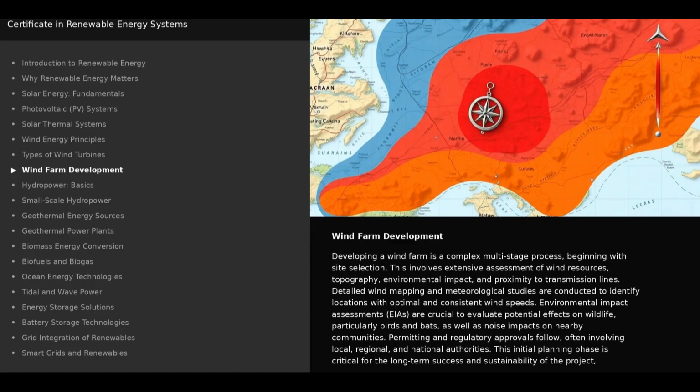Environmental impact assessments, EIAs, are crucial to evaluate potential effects on wildlife, particularly birds and bats, as well as noise impacts on nearby communities. Permitting and regulatory approvals follow, often involving local, regional, and national authorities. This initial planning phase is critical for the long-term success and sustainability of the project, ensuring compliance and minimizing adverse